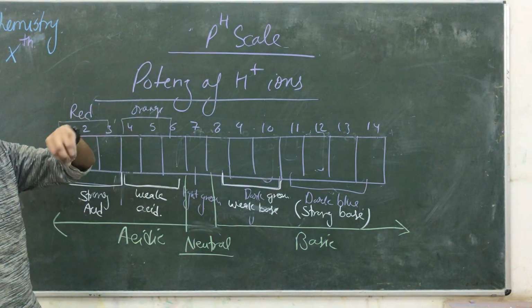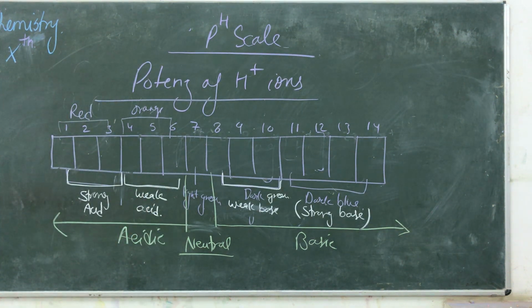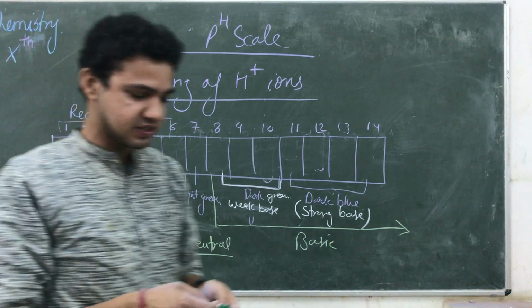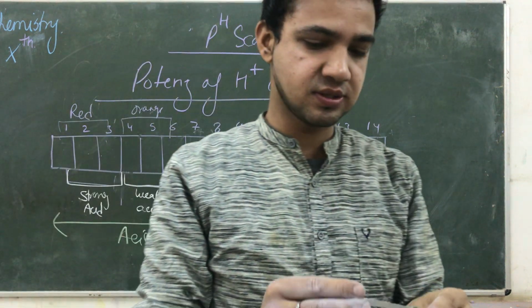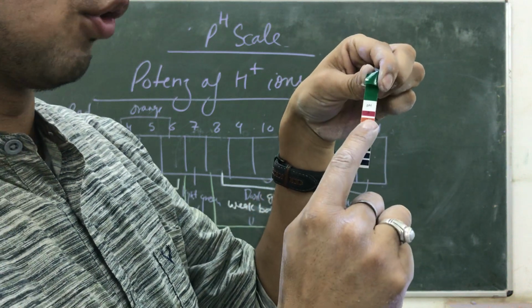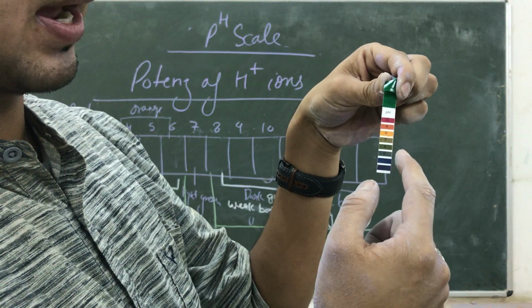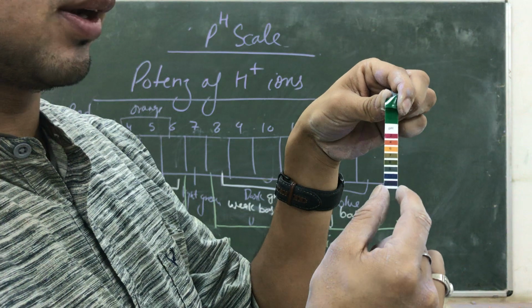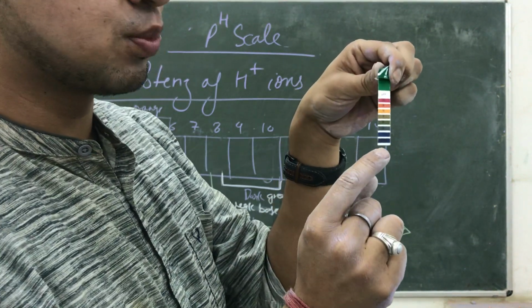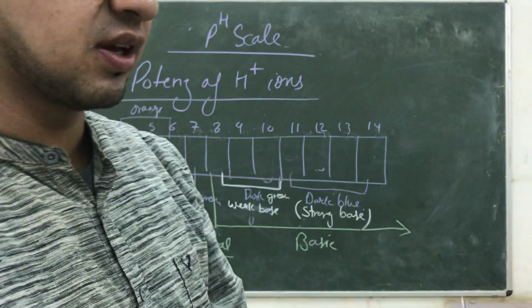After dipping this paper inside the solution, it changes its color, and after it changes color, we identify whether the compound is acidic in nature. On the basis of this, we call it pH scale paper. See guys, I am showing you pH scale paper. Its color looks like this. This is pH, here is the value 2, it's intense red. 4 is orange brownish. 6, 7 is light green. 8, 9, 10, 11 and up to 14 is the intense blue. So this side is basic, 7 is neutral, and the other side is acidic.